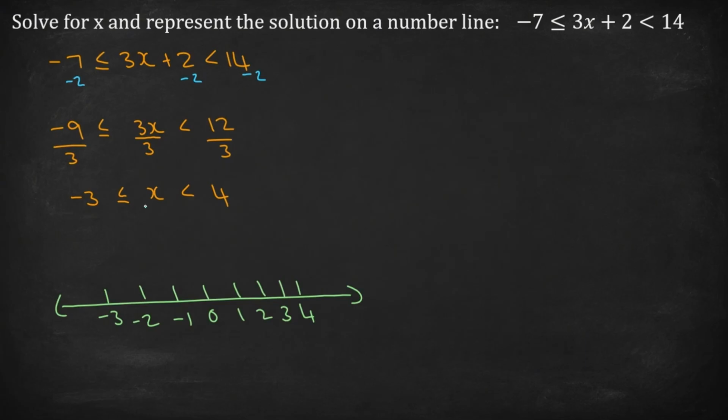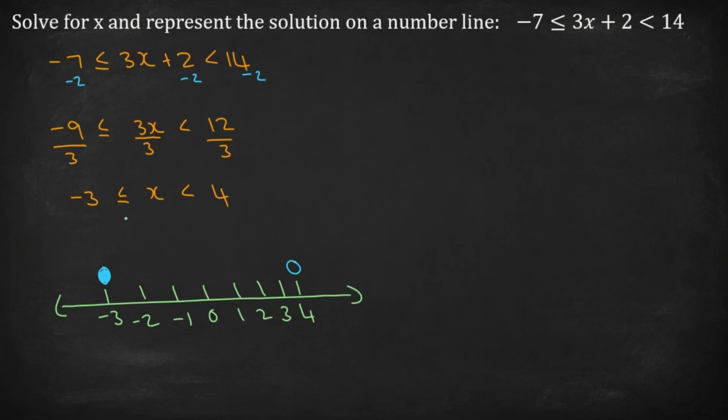Okay, now let's add the circles. I know that the one circle must be at negative 3. But let's have a look at the inequality. X is greater or equal to negative 3. Therefore, I'm going to draw the circle, but because we have that extra line, the equal to sign, I'm going to add that extra to my circle. And here, we're going to have a circle at 4, but because we only have the less than sign, we don't have that extra. So I just draw an open circle.